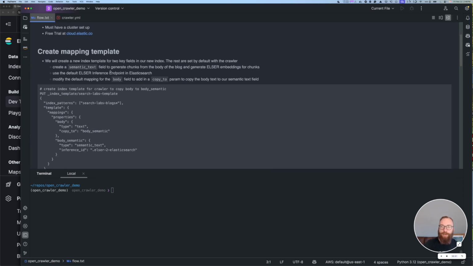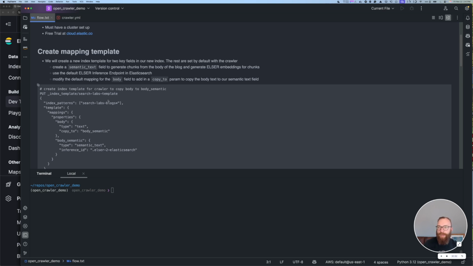Now, I mentioned we're going to use Elastic's newer semantic text field. This is the easy getting started or onboarding road for semantic text, allowing you to ask questions naturally instead of just using keywords. The semantic text field, real quickly, allows you to do automatic chunking. It ties to an inference API to do automatic embedding. And we're going to use the ELSER model, the Elastic Learned Sparse Encoder, and we'll get that all set up